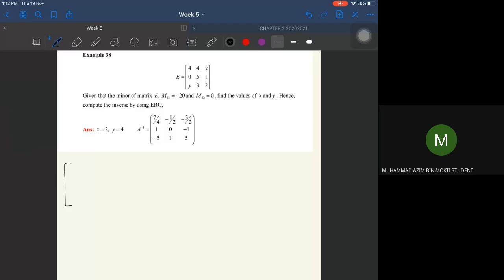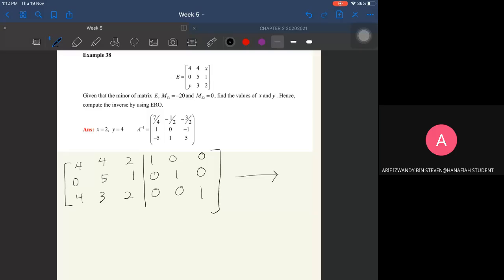So, for this one here, kita masukkan nilai yang you dah ada. So 4 4 2, 0 5 1, 4 3 2. Okay, and on your right hand side you have the identity matrix. Okay, first step, macam mana nak jadikan 4 ni 1? Cepat-cepat. Satu tolak 4. Kemudian